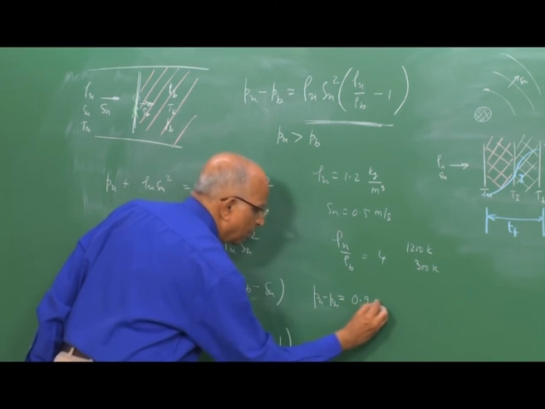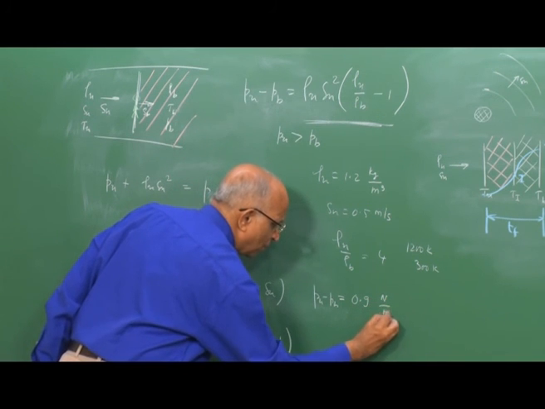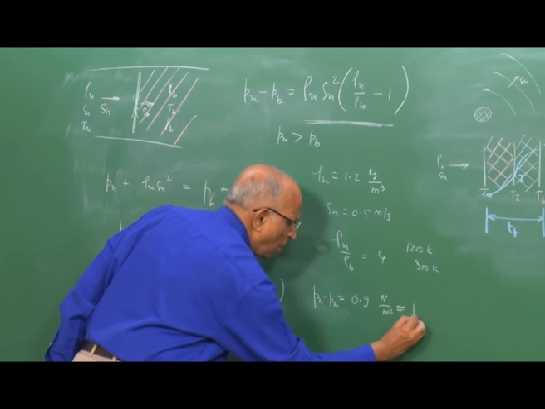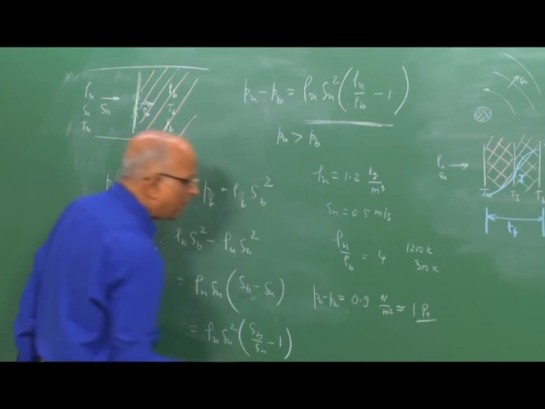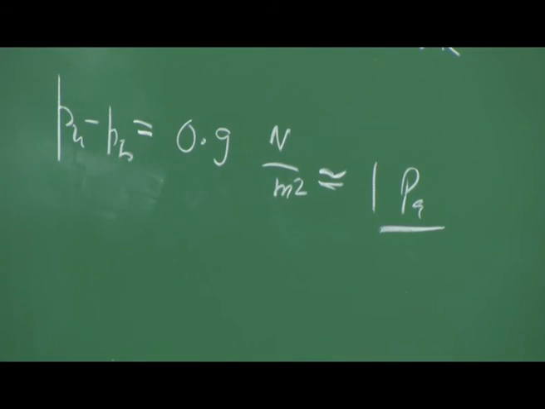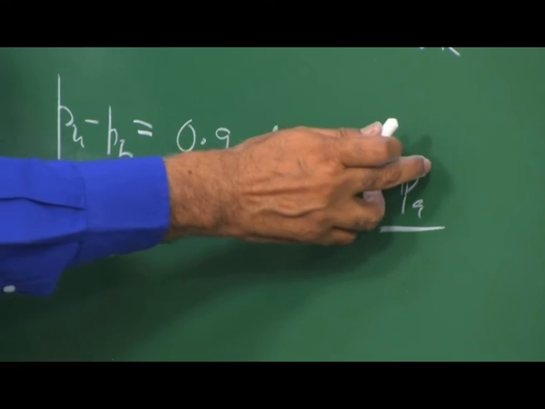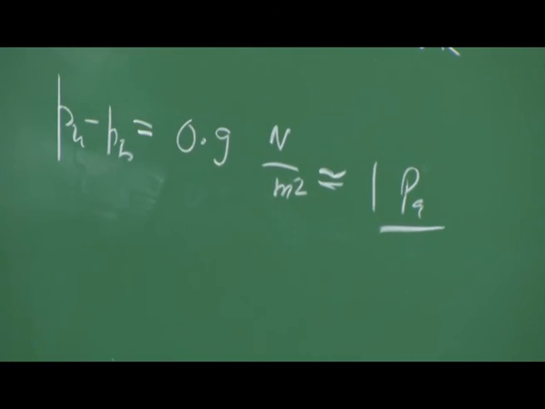If I substitute these values, I get the value of Pu minus Pb as something like 0.9 Newton per meter square, or something like around 1 Pascal. Hey, 1 Pascal is a very small number. Atmospheric pressure is something like 10 to the power 5 Pascal, and therefore, even though there is a fall in